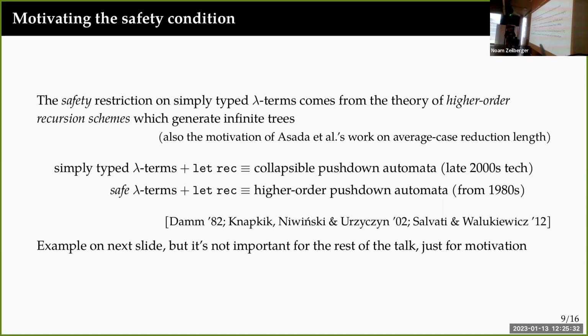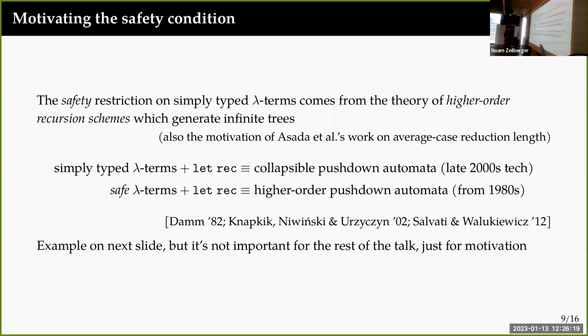Actually, the group of Japanese researchers that was looking at average case reduction lengths are mostly working on these kinds of things too, on higher order model checking. They were trying to understand why, despite the complexity of higher order model checking being terrible, in practice they were still managing to have practical algorithms for some fragment of ML. Well, it turns out that their analysis didn't explain why, because they also showed that average case reduction length grew like a tower of exponentials in the order. Anyway,